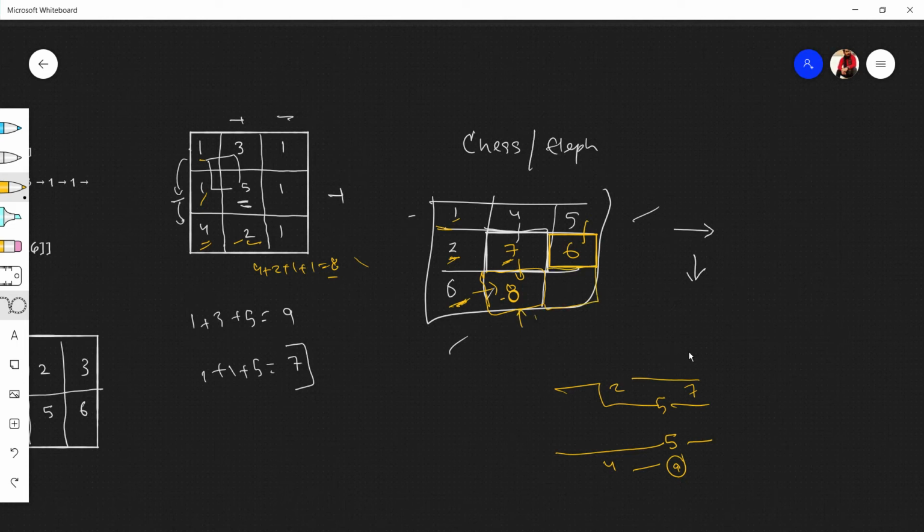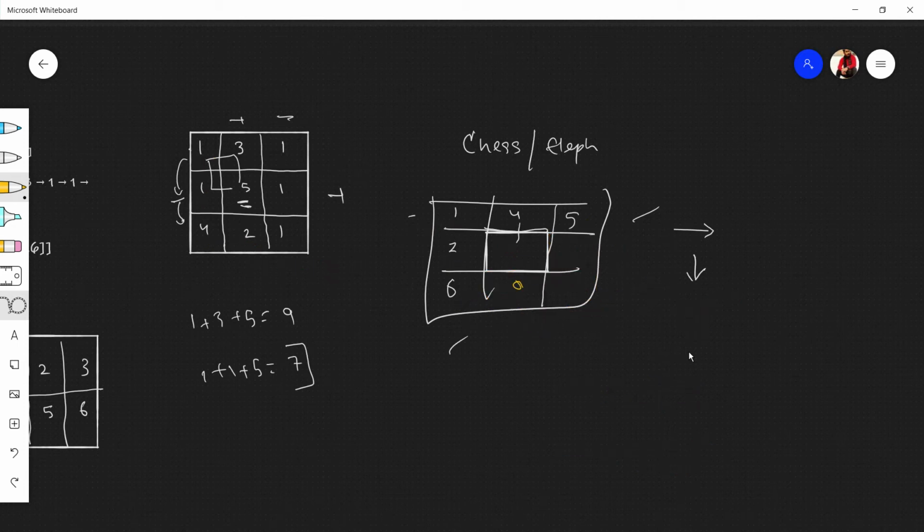Now we have come to the destination. We need to find the minimum way we can reach it, which is either from top or from left. Top and left, which is the smaller? Obviously 6 is smaller, so 6 plus the token money 1 is 7. So the minimum money you need to pay to reach this cell is 7. How I'll depict this, to show that we should come from this, I'll just erase it and write 8.